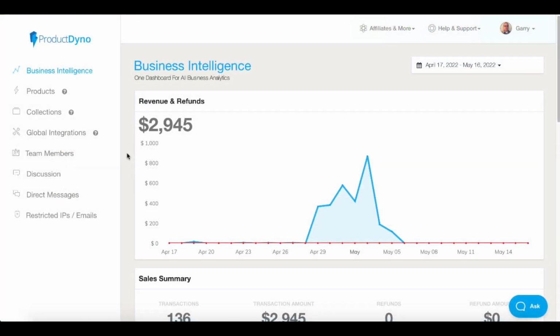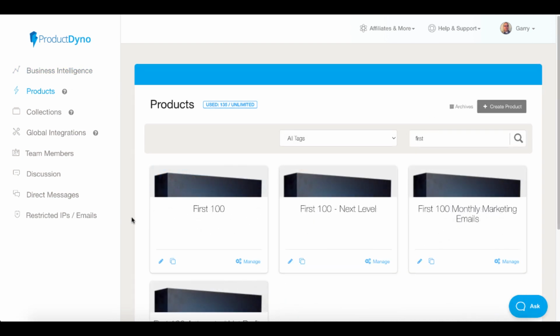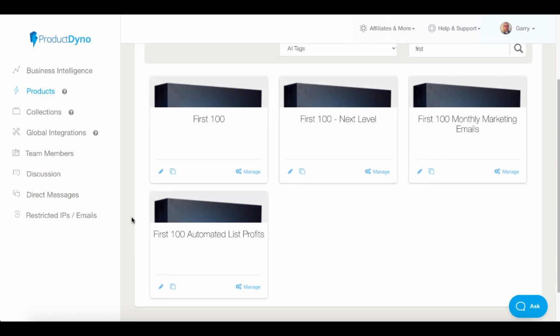Then of course, inside of ProductDyno, I actually deliver the product that I sell as a vendor, or the bonus that I give as an affiliate. Here you can see inside of ProductDyno, they have something called Business Intelligence, and it tracks your sales and revenue and refunds and everything that happens for all your products that you sell as a vendor. And here you can actually create products. In the case of First 100, you can see the 4 products that make up that product or that collection